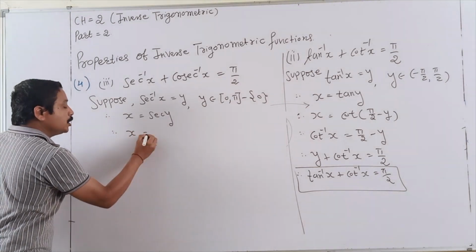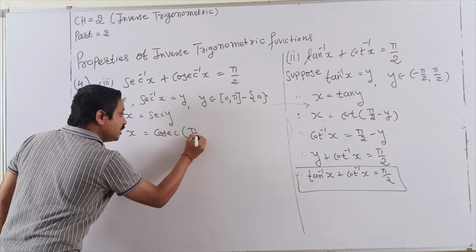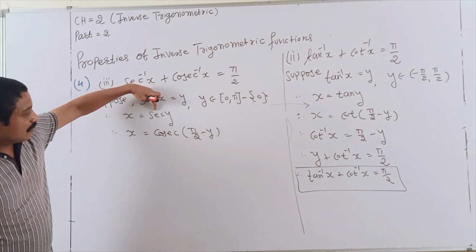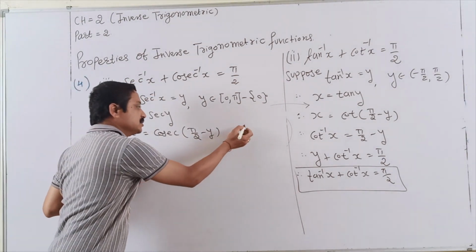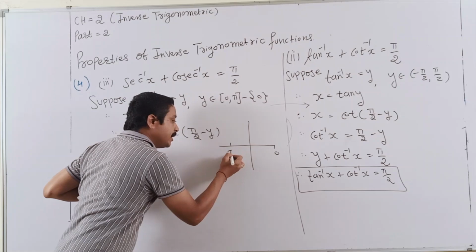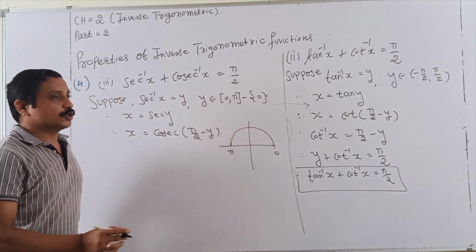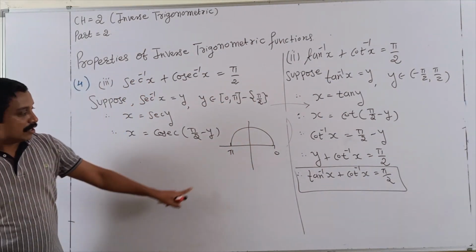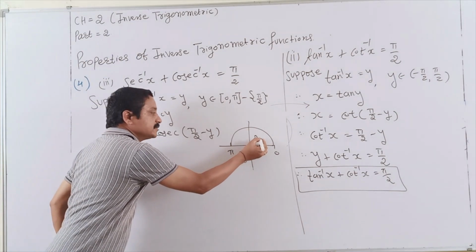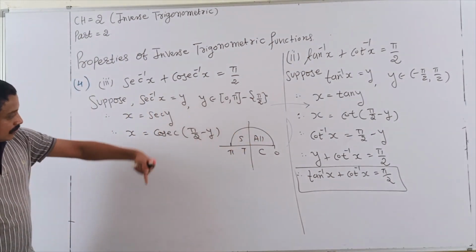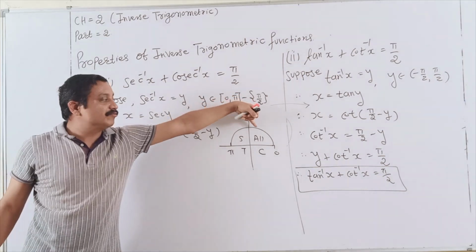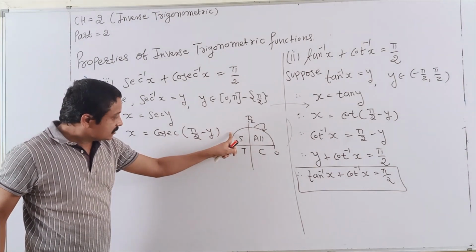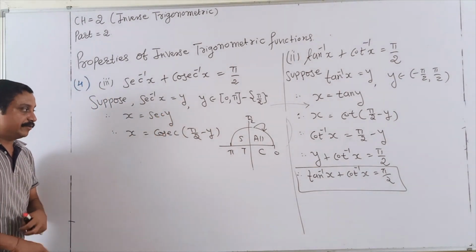Now converting into cosec form, 90 minus y. Students, here why did I write 90 minus y? Because I want sec positive in this range. Our range is 0 to pi. Sorry, my mistake here, pi by 2 here. My mistake: 0 to pi minus pi by 2. Now 0 to pi, all STCY. Students, sec is positive only and only in the first case. That's why I am taking 90 minus here. If you take 90 plus, then it does not convert to positive.